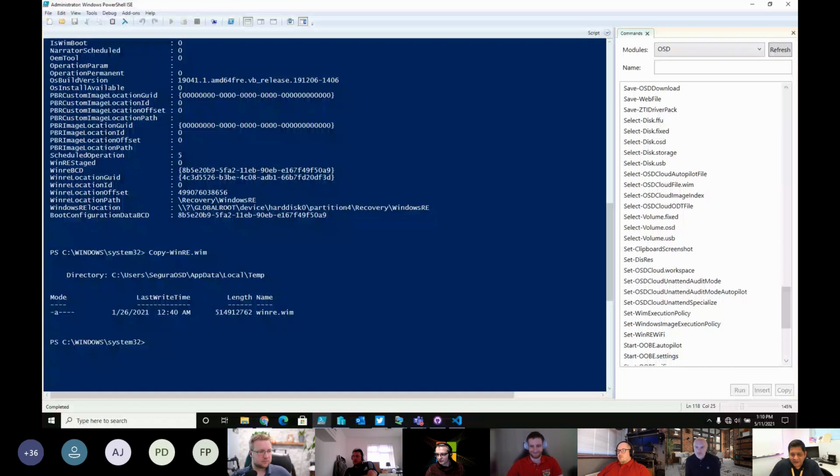Yes, so interesting that your WinRE OSD Cloud has the ability to reach PowerShell Gallery, since the default of PowerShell still does not use TLS 1.2, does it? I don't know.